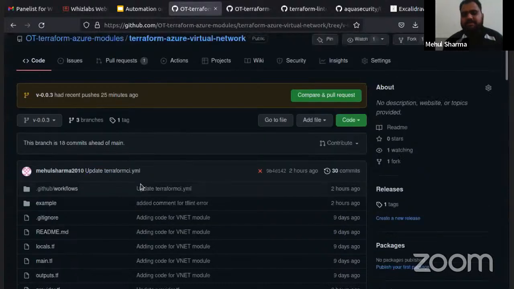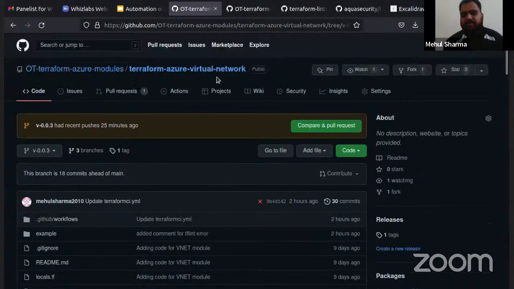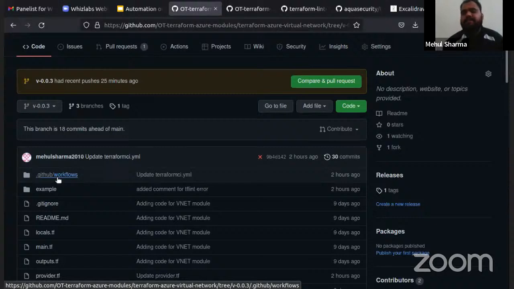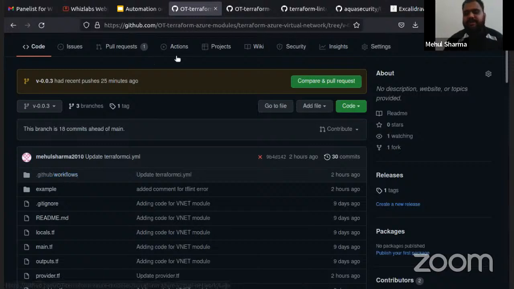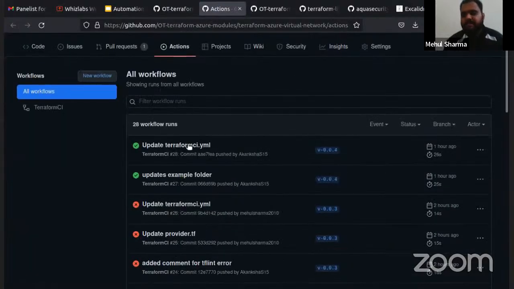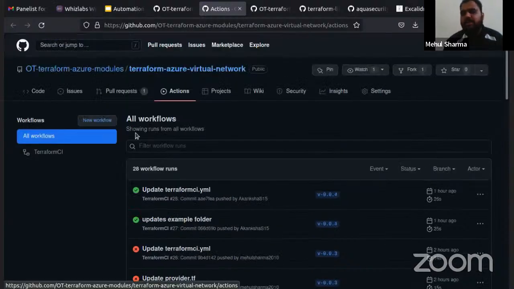For one example, this is the repository where we are trying to create a virtual network for our scenario. First, I'm hoping people already know exactly what we are going to do in the actions. But if not, I would like to give you a quick view of what exactly we do in the actions on GitHub. Basically, this is the pipeline that you can achieve. I'll show you how to write the code, but for now, to understand, you can just click on